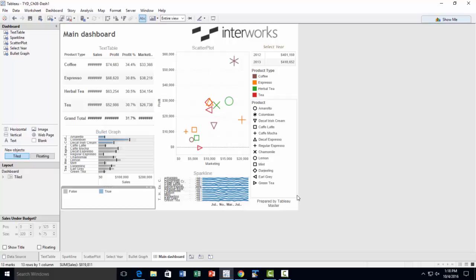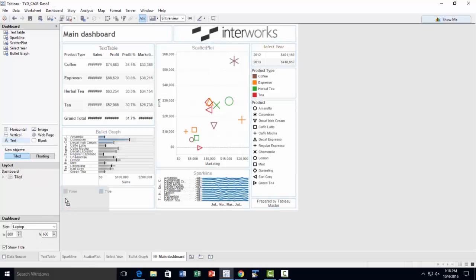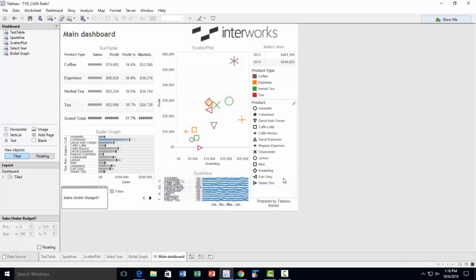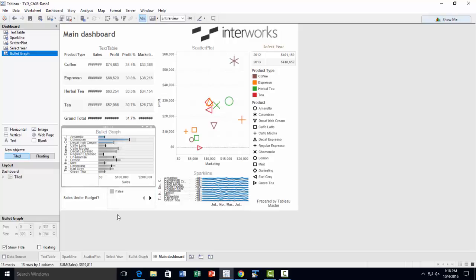But we do want to put that information there, because if you just simply say false and true, we don't know what false stands for and what true stands for. So bring in a text right there. Okay, now Control V. So now we have